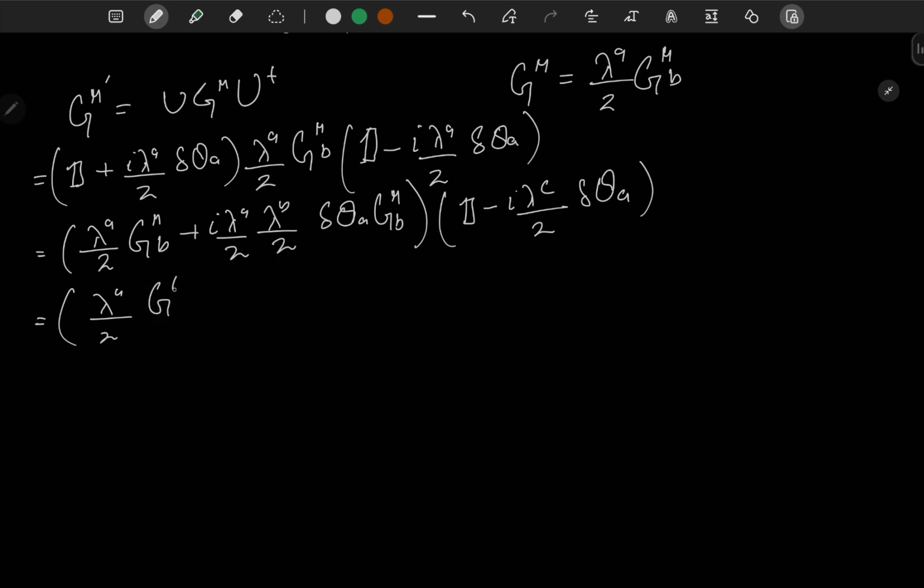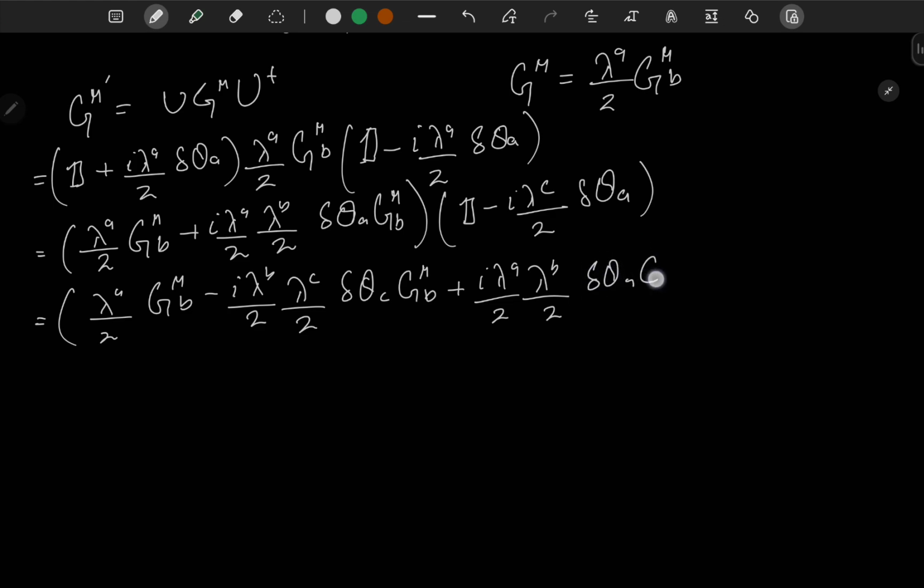Divided by 2 g mu of p minus iota lambda p divided by 2 lambda c divided by 2 delta theta c, g mu of p plus iota lambda A divided by 2 lambda b divided by 2 delta theta of A, g mu p plus, then there will be lambda A lambda b lambda c divided by 2 to 2, that will become 8, and then there will be 3